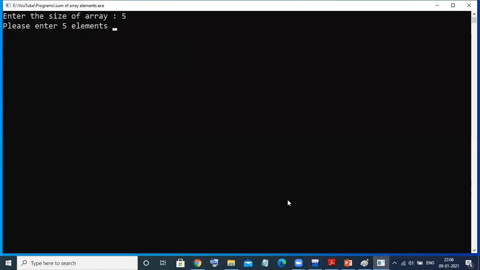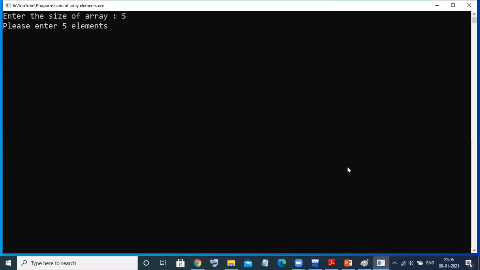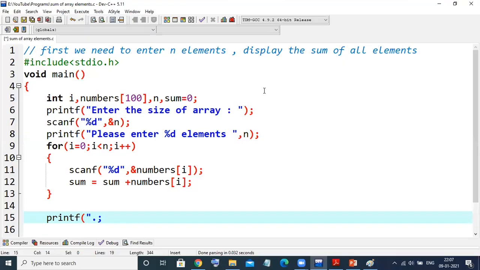Okay, so let us go and see what elements we need to enter. Let's go back and check: 52143. Yes, so I'll enter 5 2 1 4. Sorry, it's not 40. Oh, it's gone. Okay, we cannot go back now. Anyway, the result would be some addition, but this time the figure is not going to match that 15. Okay, because if we add orally, 47 plus 3 is 50, 51, 53 and 58. Okay fine, no issue. But still I'll enter the same digits only.